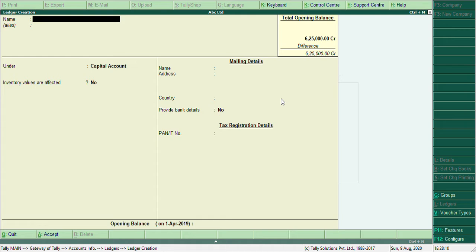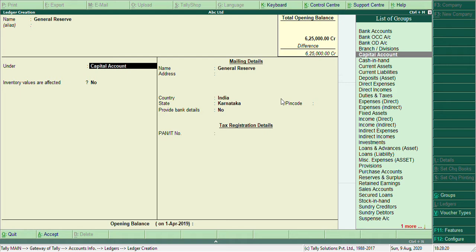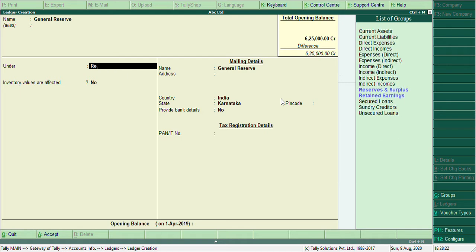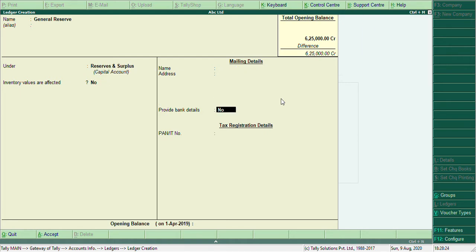Same way you can go on creating another ledger. Now next will be general reserve. General reserve under Reserves and Surplus. So the rest of the fields will not be affected. You can just give the opening balance of general reserve 55,000, credit balance, accept.